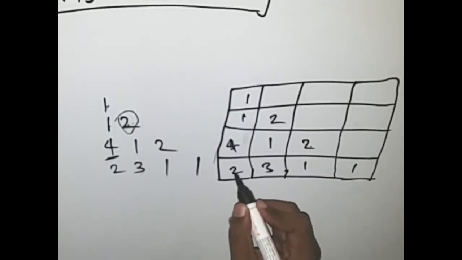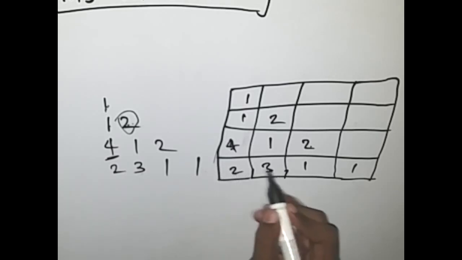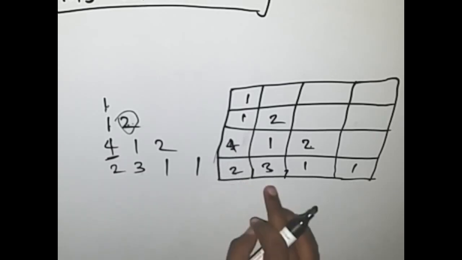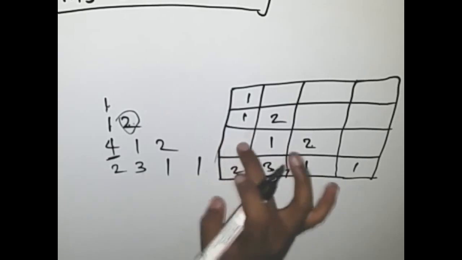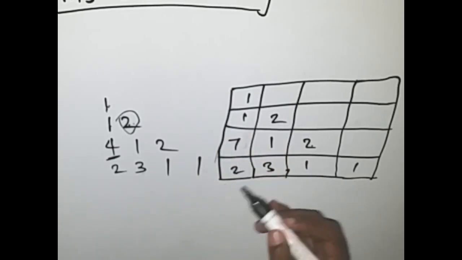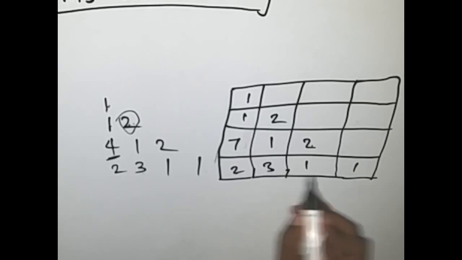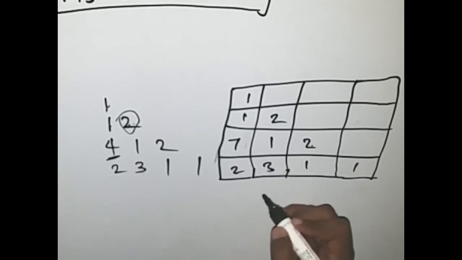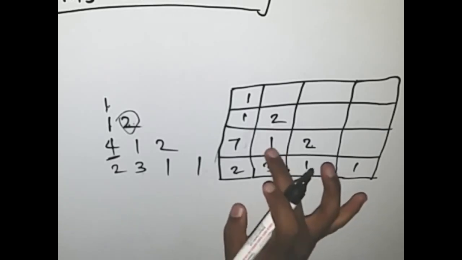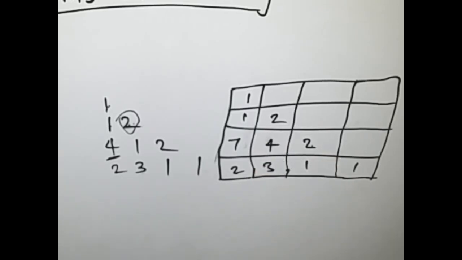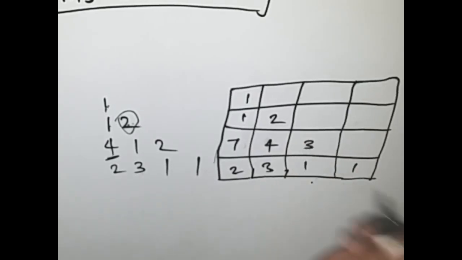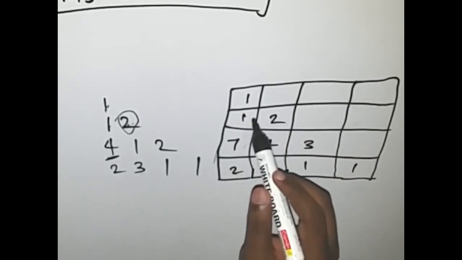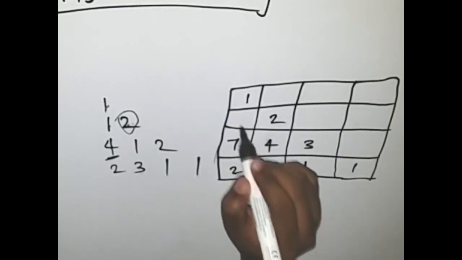First of all, we take the maximum of 2 and 3 and store it in this element. The maximum of 2 and 3 is 3, and we add 4 and 3 and store it in this element, so it becomes 7 here. Now let's continue for 1. The maximum of 3 and 1 is 3, so 3 is added to 1 and stored here, so it becomes 4. The same thing is done here. The maximum of 1 and 1 is obviously 1, and it's added to 2 and stored here, so it becomes 3. So let's move up a row, and it was 1 here initially.